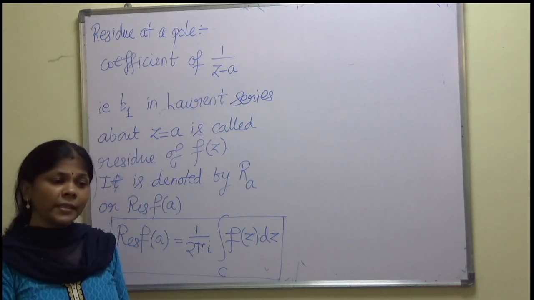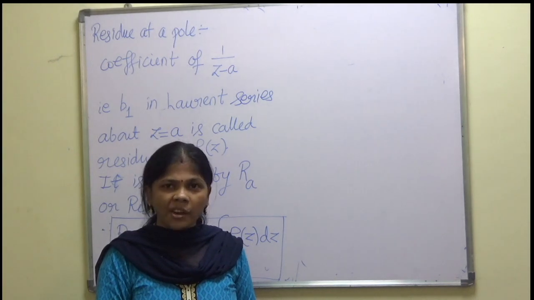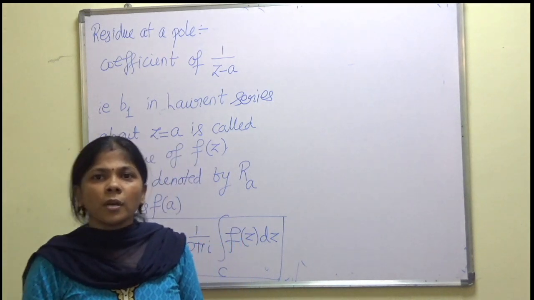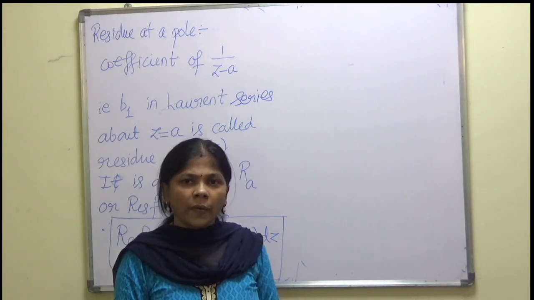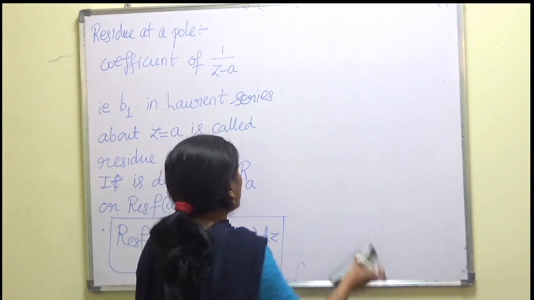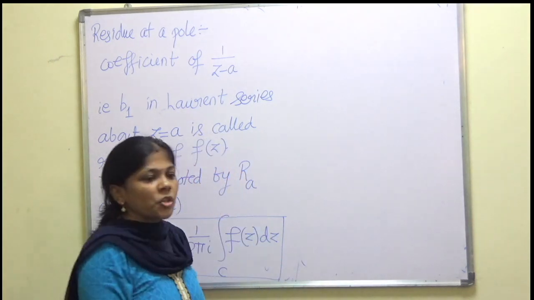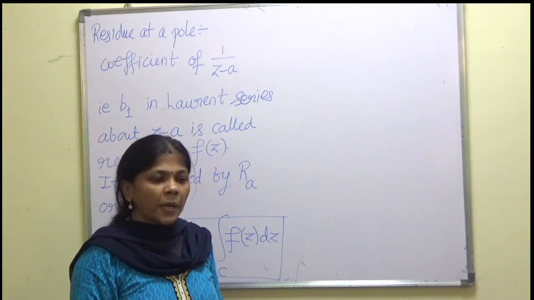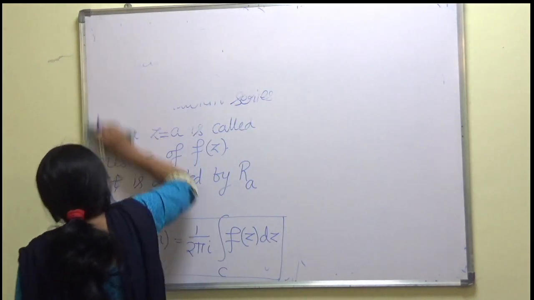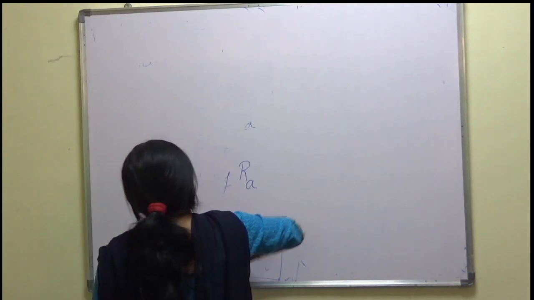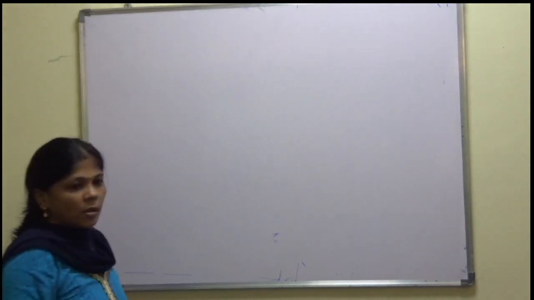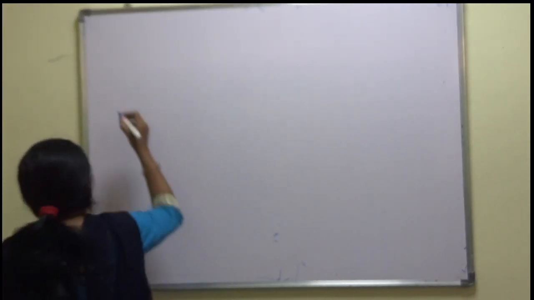Obviously this needs the calculation of integrations, which we want to avoid. So by making use of standard procedures, we now have a standard set of formulae. What are these standard formulae? They are to be used depending upon the nature of the poles. So that is the calculation of residues. What does this calculation of residues require?